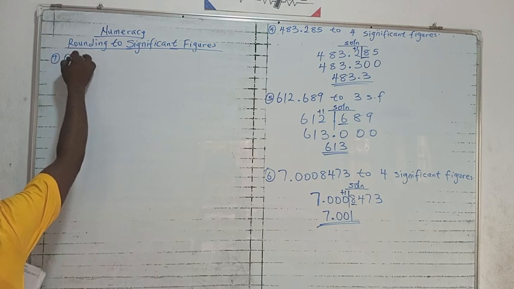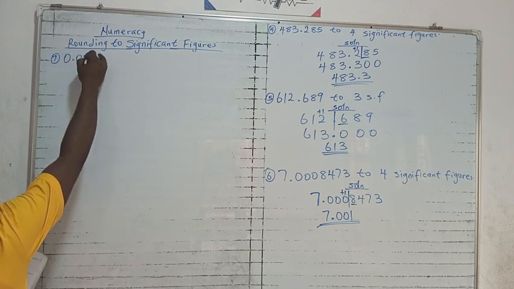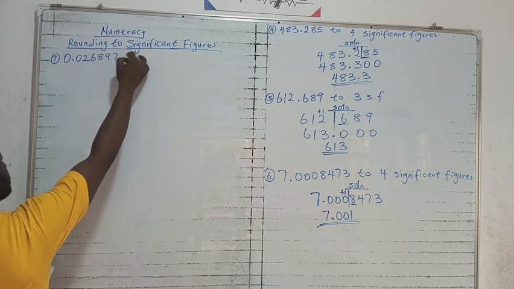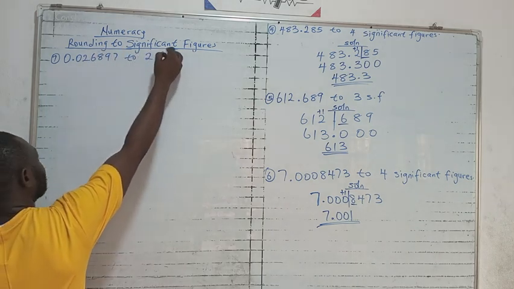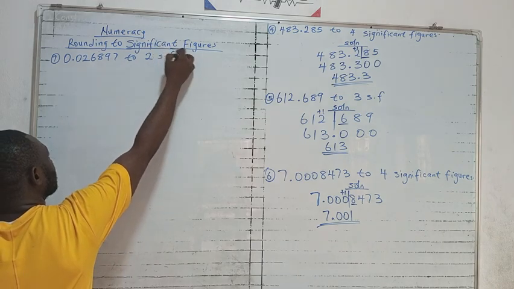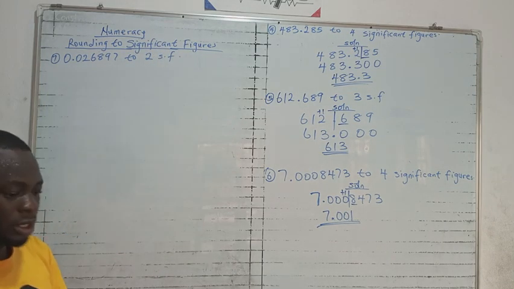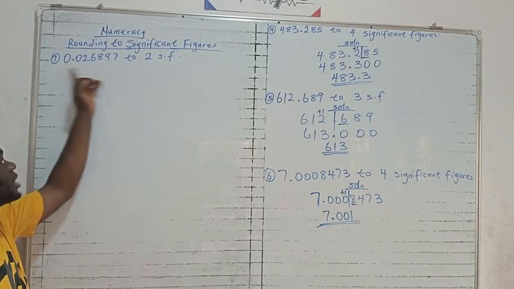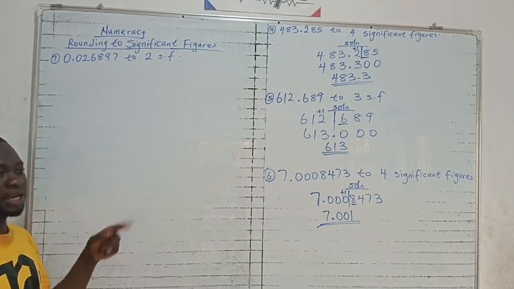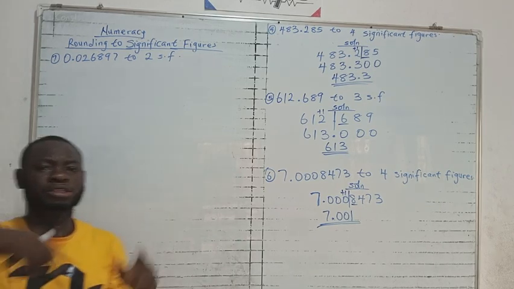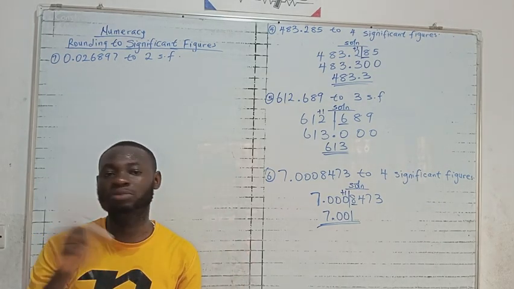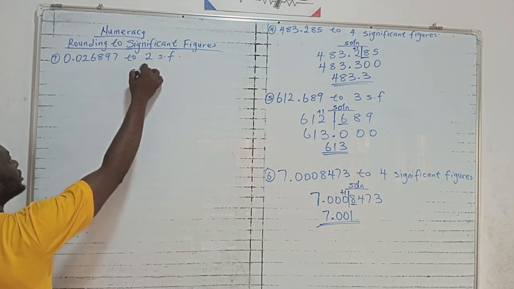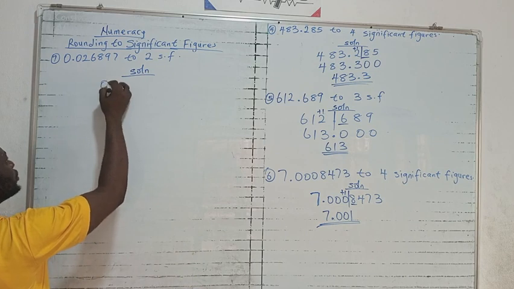Round 0.026897 to 2 significant figures. Now, when rounding decimal numbers such as this to 2 significant figures, the zeros starting the number are not counted. They are not considered when counting. If the question gave us